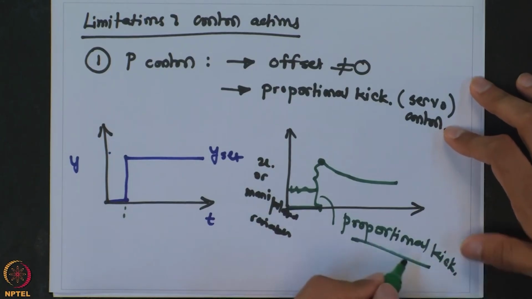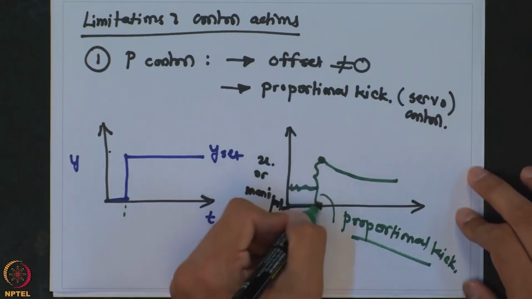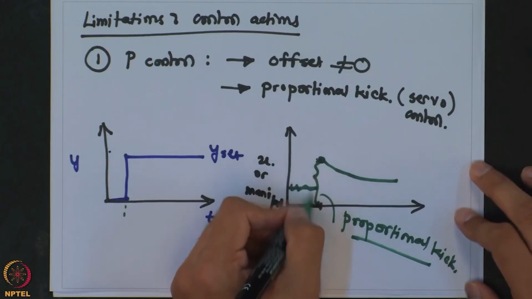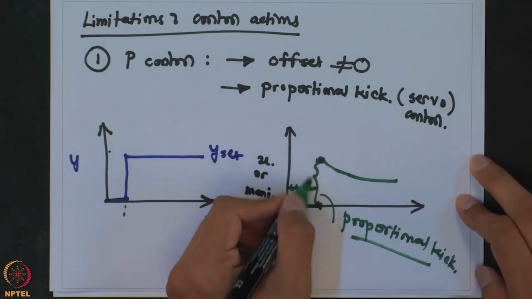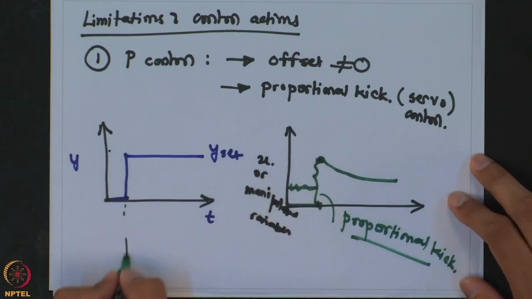It just asks the manipulated variable to go to a new value almost instantaneously. Again, practically this is not possible and it will cause a little delay in reaching the final steady state, but the idea is that it causes this abrupt change in the manipulated variable, and this proportional kick